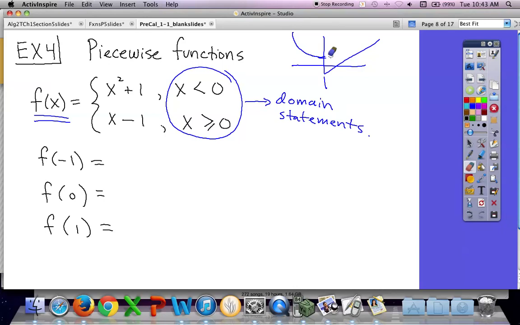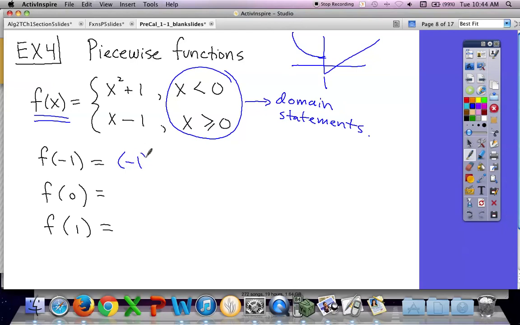So now when I evaluate a piecewise function like f of -1, I have to choose the right expression, right? If x equals -1, which expression am I going to use? The first one, because x is less than 0. Okay, this is example 4. I'm not making these up right here. It's just part of the example. It says evaluate at -1, 0, and 1. So we would plug in